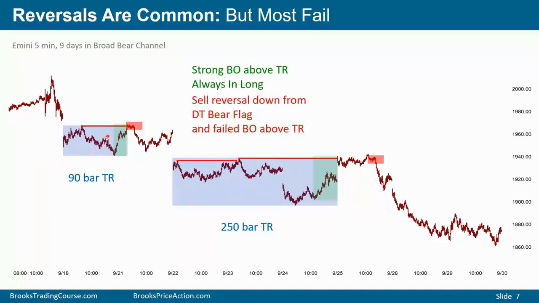Traders will look to sell a reversal down. For example, here there's a double top. It's a slightly higher high double top, but it's a double top, a failed breakout above that major lower high. And the same is true here. A strong reversal up, but potentially a double top, and traders will look to sell a reversal down. They probably will not sell the first. They might sell the second or third or fourth, but in any case, they'll be looking to sell a reversal down. Some traders will wait until you start to get a strong breakout and then sell.